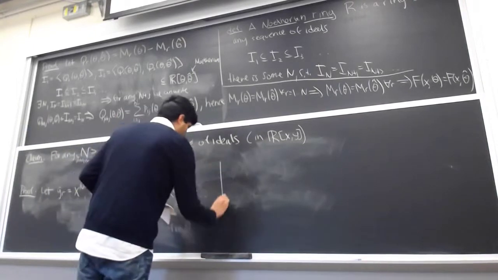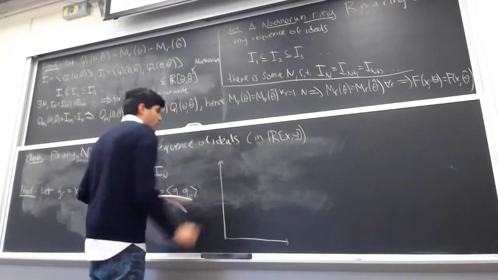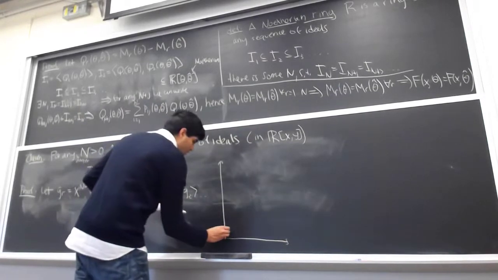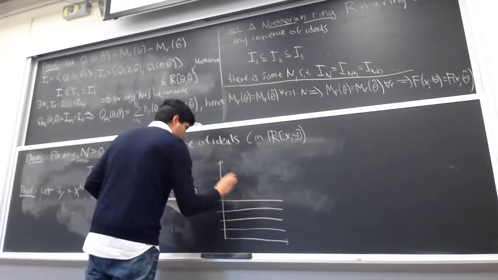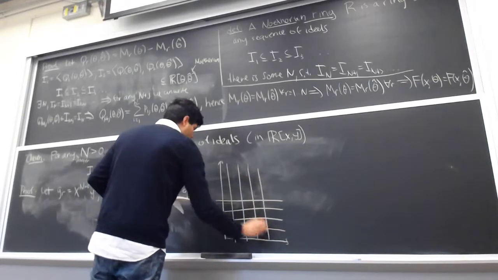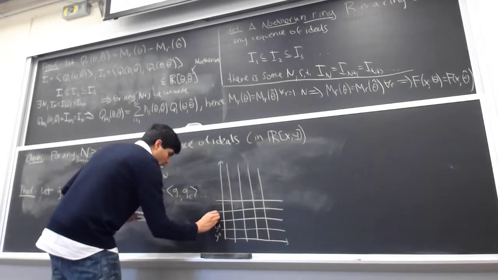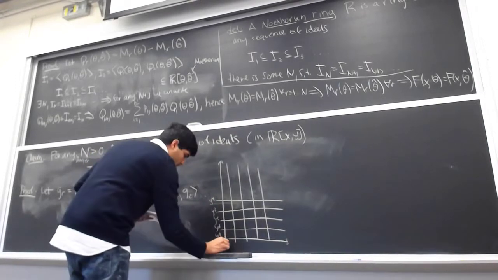Geometrically, what's going on here is that I can think about all of the monomials I can construct. And each of these monomials I can plot on the grid based on its exponents. So this would be y to the 0, y1, y squared, y cubed, y to the fourth. This would be x